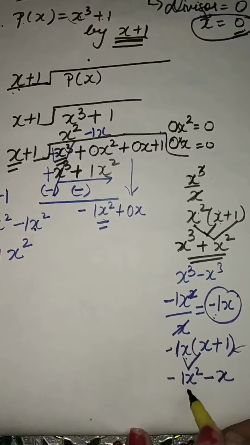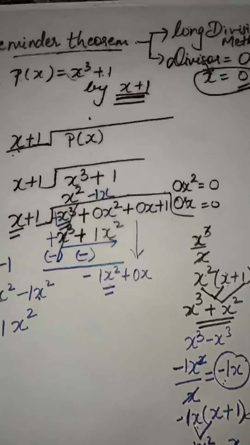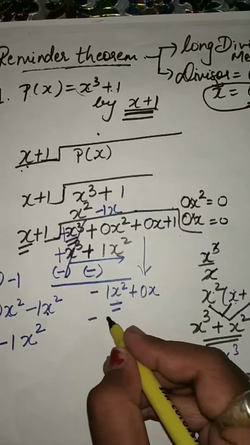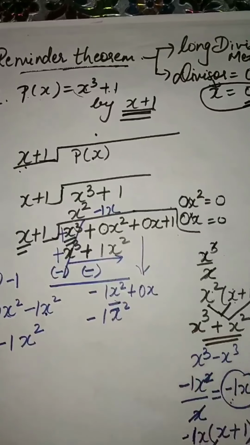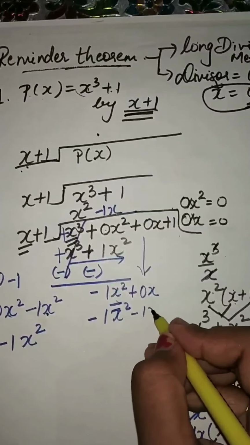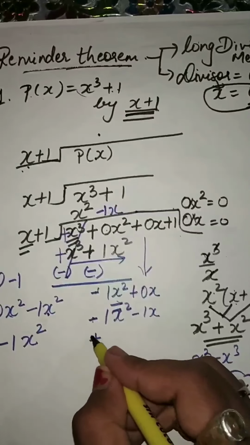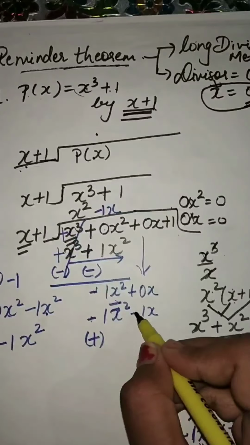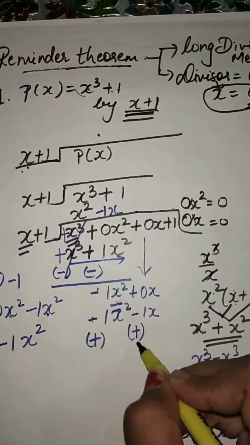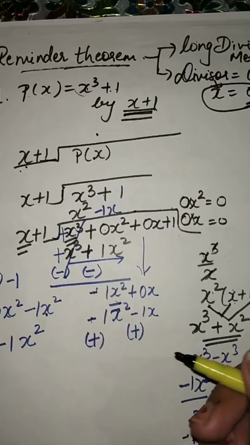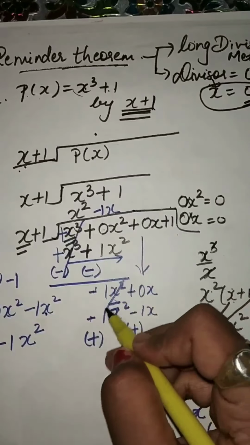What we will have over here, this will come as minus 1x square minus 1x. Again we have the same sign, so change the sign. This will come as plus. Here it is minus, so we have to change it for this one also, so this will come as plus over here. These two will get cancelled. What is left over? Again we have it as